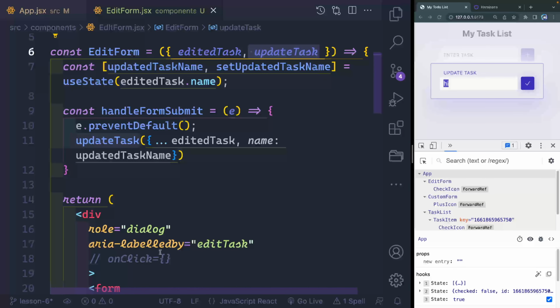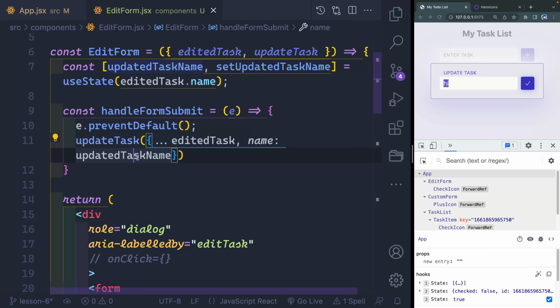And what it does is, as you type, it has its own custom, localized scope here, that state here that updates this updated task name. Whenever you actually submit the form, it's going to fire this event. It prevents the default form from submitting. Then it updates the task by passing in an entire task, which is whatever the updated task was with a